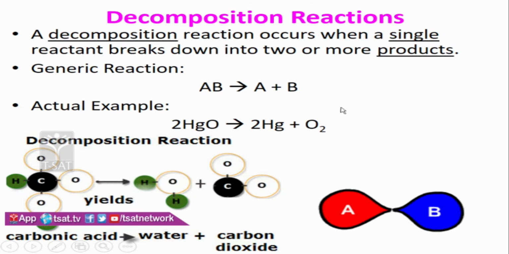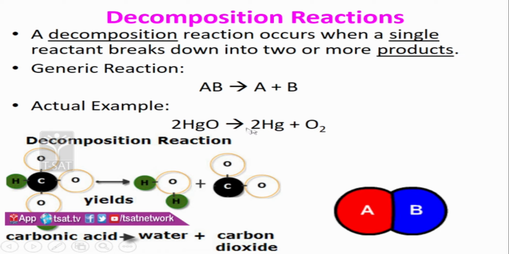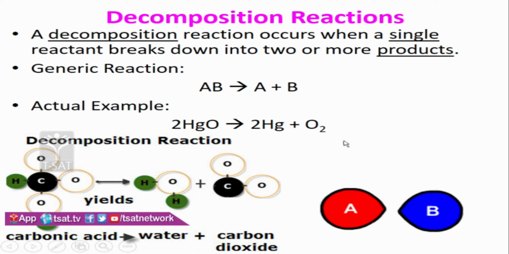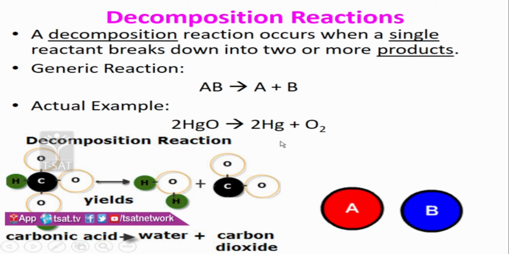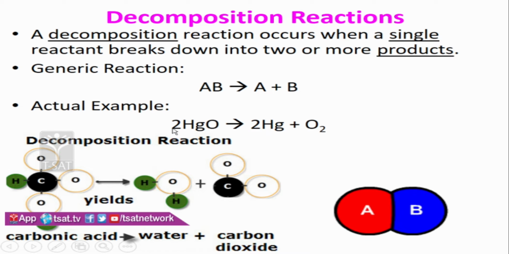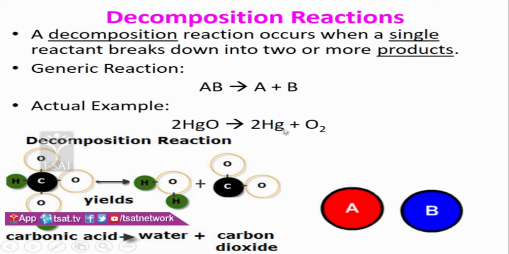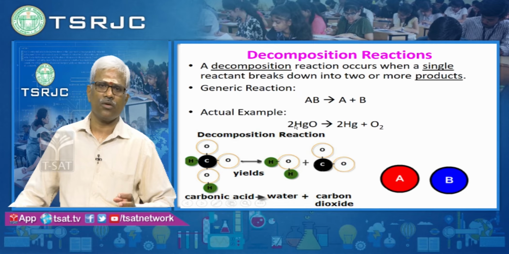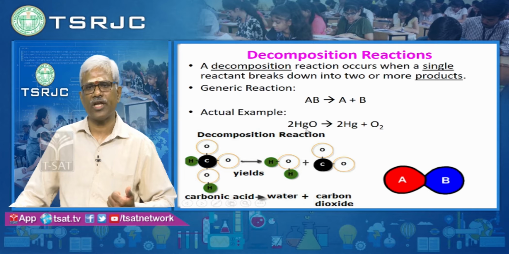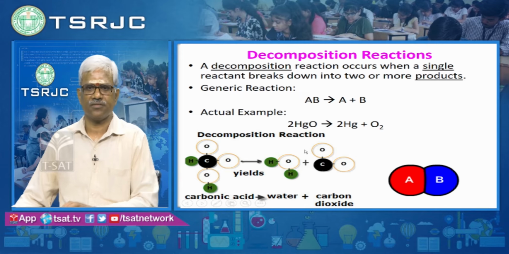Now, decomposition, some examples for decomposition reaction. From any part of this equation, you will be getting questions in your examination. Maybe balancing, or maybe the reactants, or maybe the products. If the reactants are given, product you have to select from the answers.